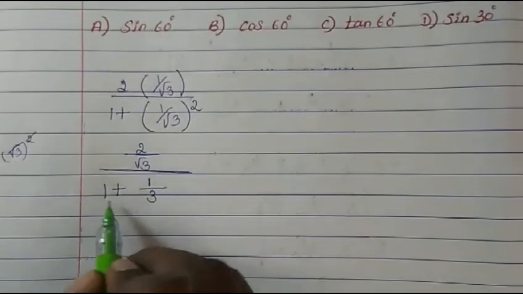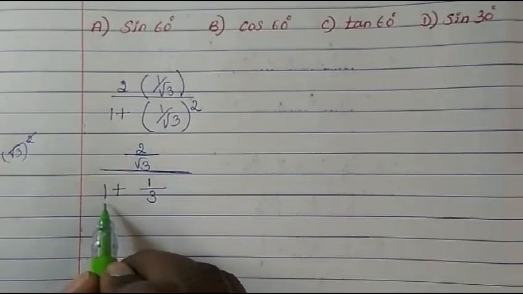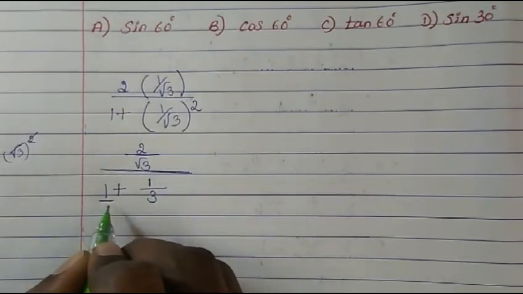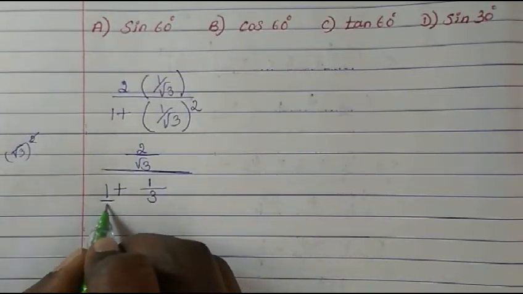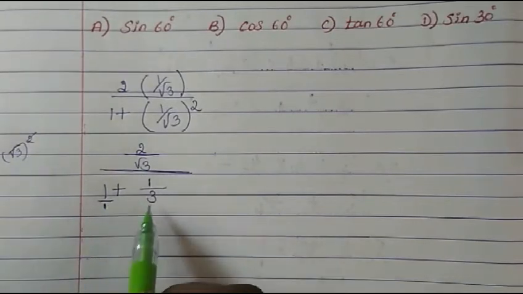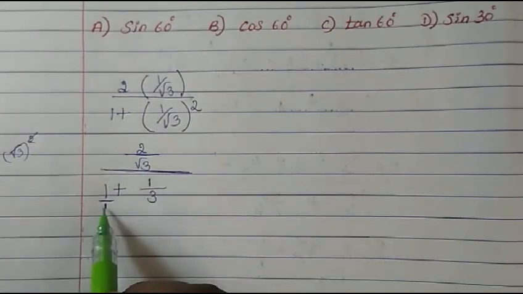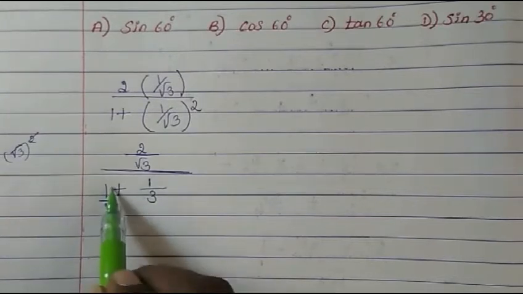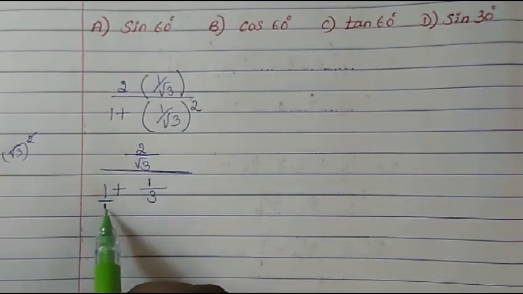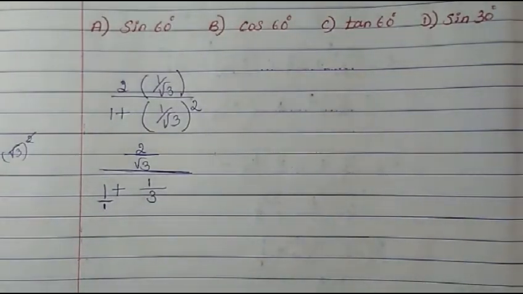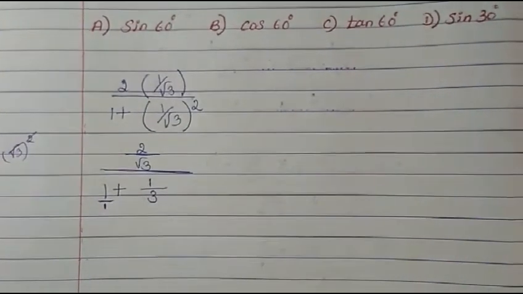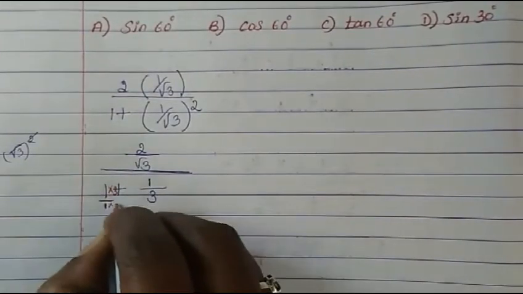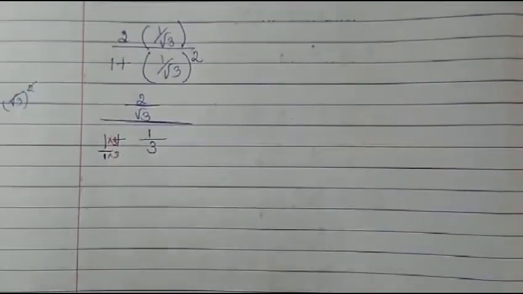So now you see here in denominator nothing is there, whereas here in denominator we have 3. So like this, when you get, you have to take the LCM. So in denominator here now you consider there is 1. So here 3 is there. We want in this denominator also 3. So for that what we will do, both the side we will multiply with 3. Then we will get here also denominator 3.